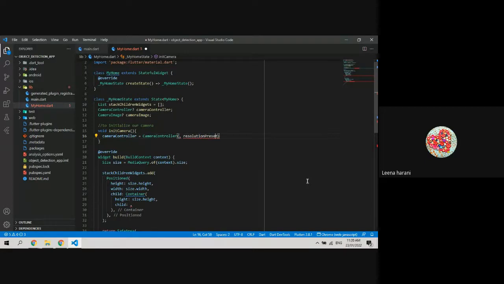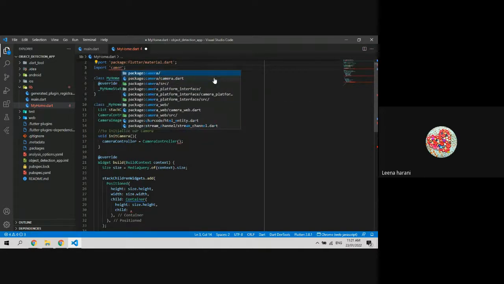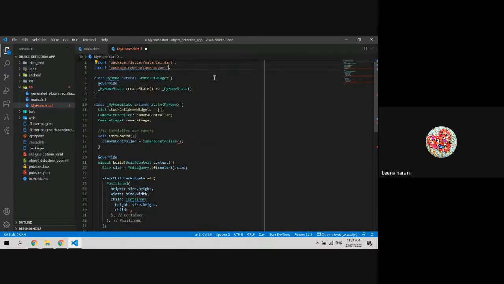This camera controller will have two parameters here, camera and the resolution. Now to initialize this camera and resolution, first we are going to import our camera here, camera dot dart, and